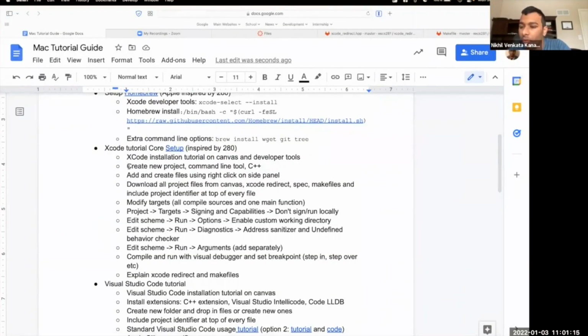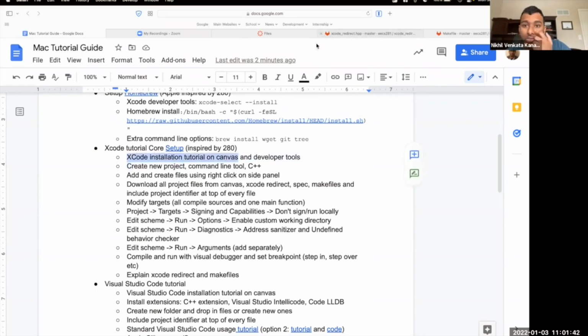That'll help you do the rest of this tutorial. macOS Monterey and beyond. So if you're watching this in like 2023, macOS Monterey or something after it should be fine. And if not, we'll put a correction in the YouTube description, or we'll put something on Piazza. Don't worry about it. So if you have not installed Xcode for some reason, there's an Xcode installation tutorial on